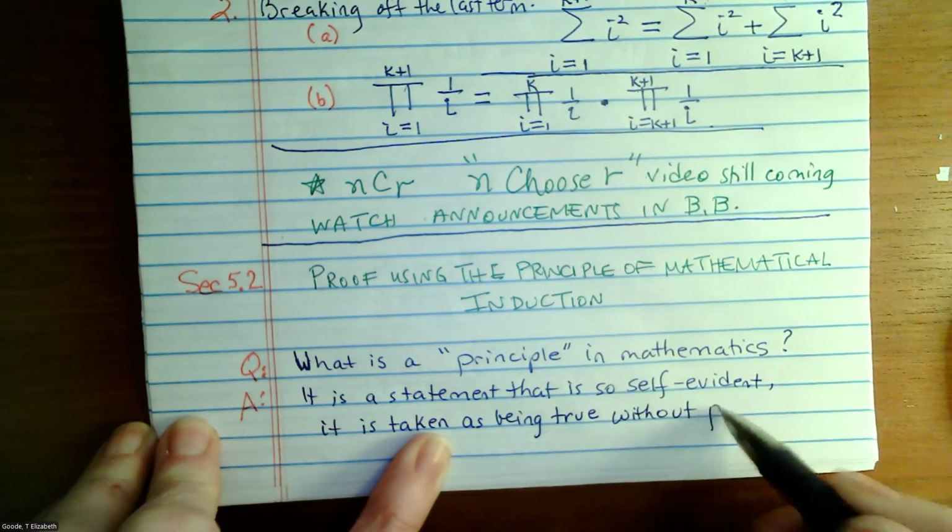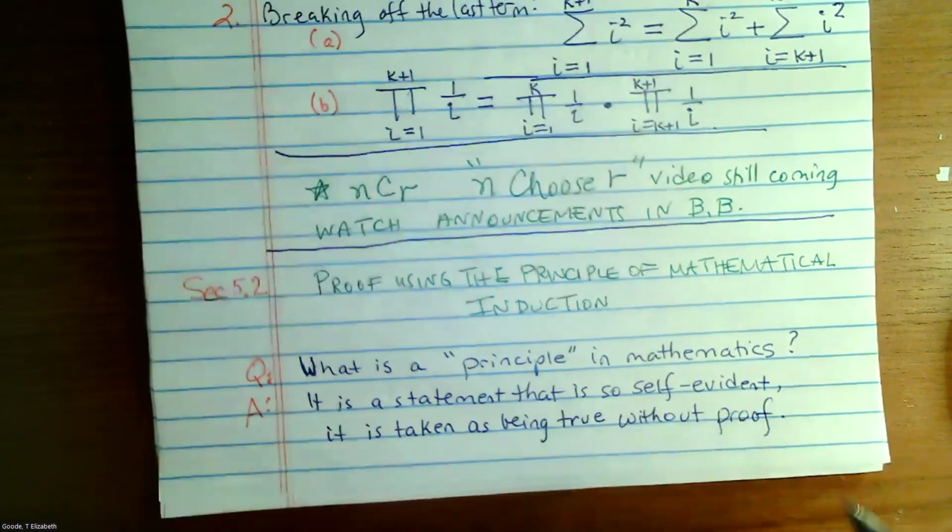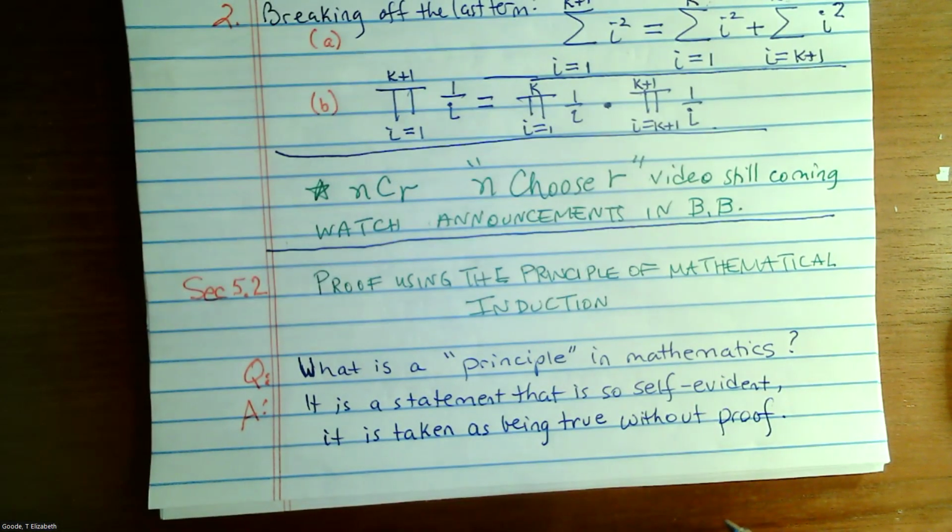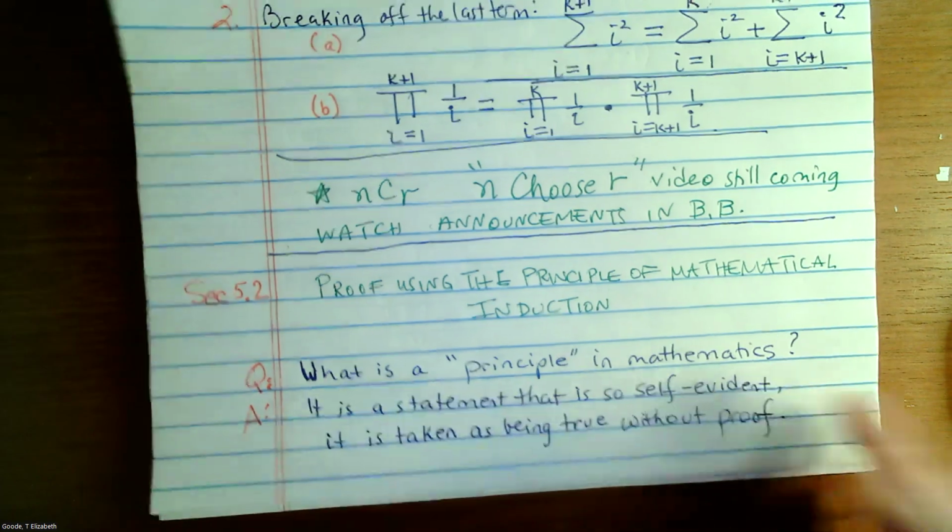Now, it turns out that the principle of mathematical induction is quite intuitive. I'd like to draw you my kind of famous picture that I draw. This is what the principle of mathematical induction says. It says, if you know something is true at some bottom,